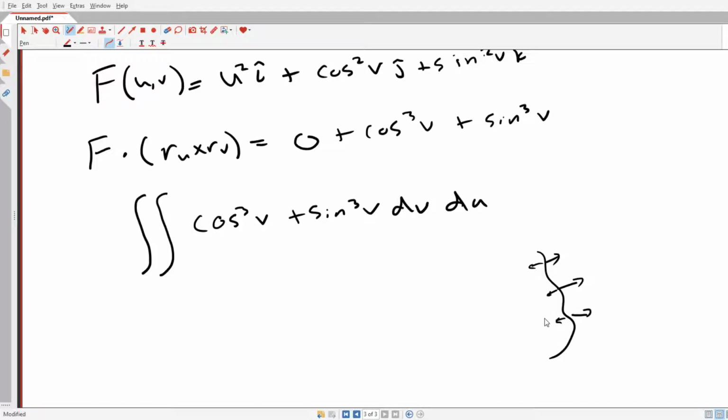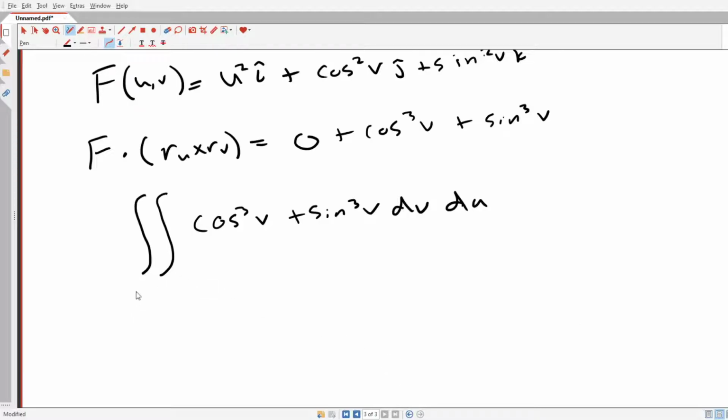So what is the amount flowing in? Well, that's going to be a negative number. It's going to be the negative of the amount flowing out. So we'll get a different number and maybe a different interpretation